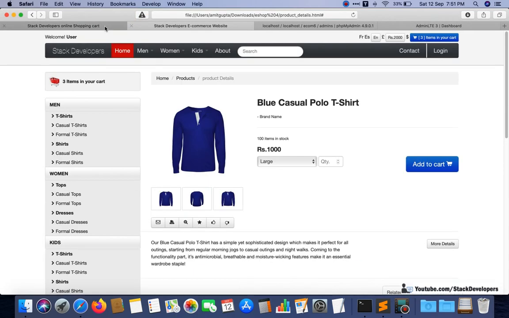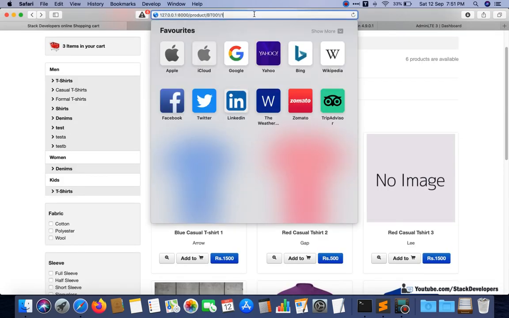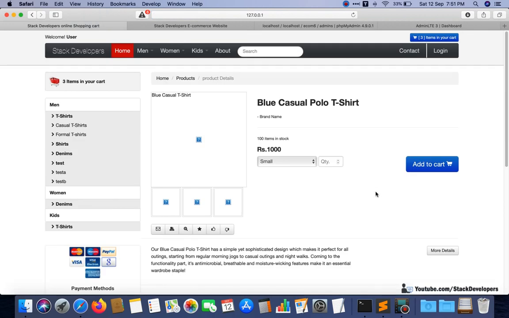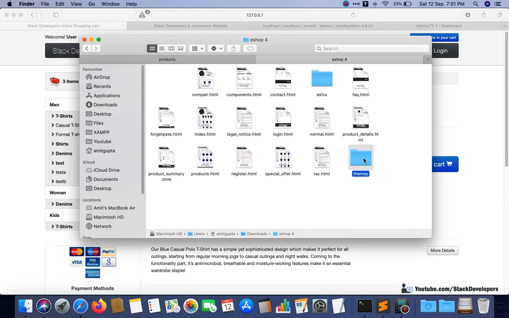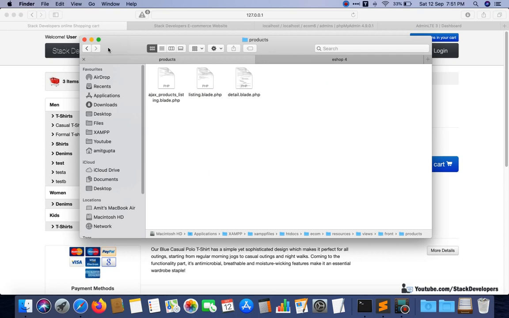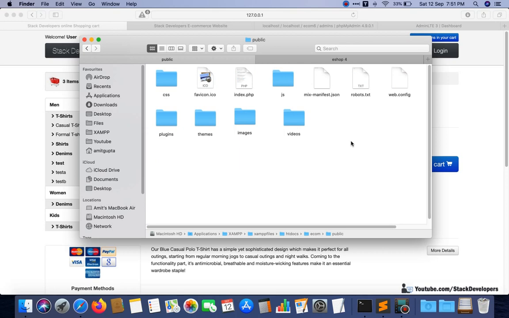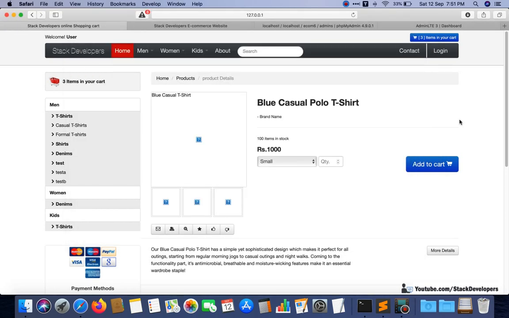Now I will run this page. See, the page has appeared here, our detail page. Here we can correct the paths also, but for the paths we need to copy this themes folder and paste it inside public, so that we can get the path of the images.